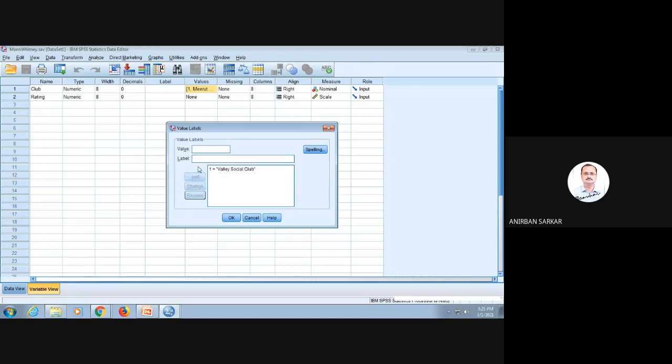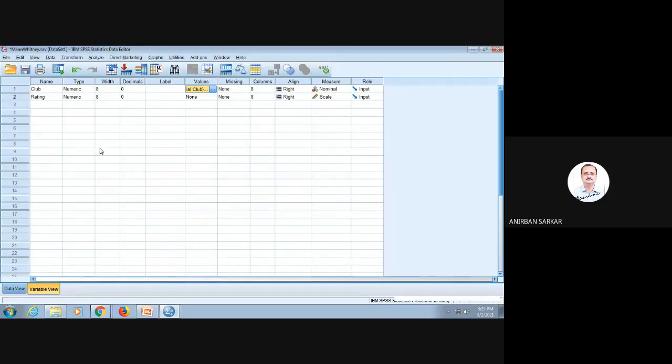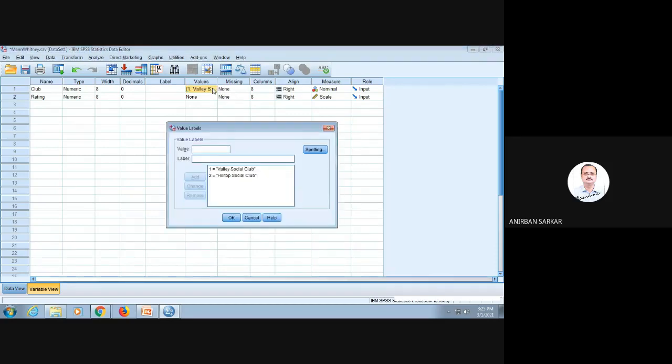Add it. Next will be 2. We will call it Hilltop Social Club. Add it and click OK. Automatically it will change. The reflection you will see here: 1 is the Valley Social Club and 2 is the Hilltop Social Club, and this will be in a nominal scale.